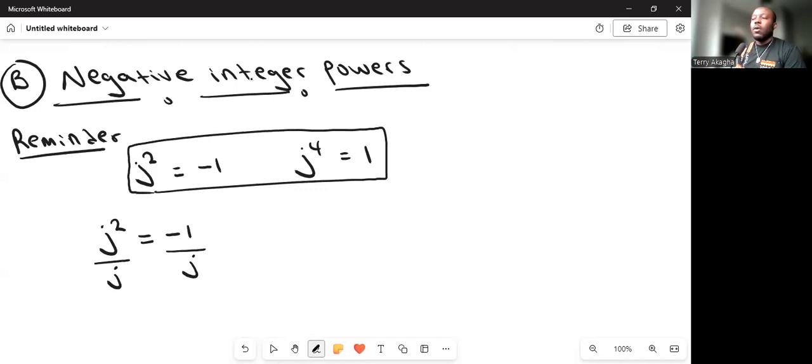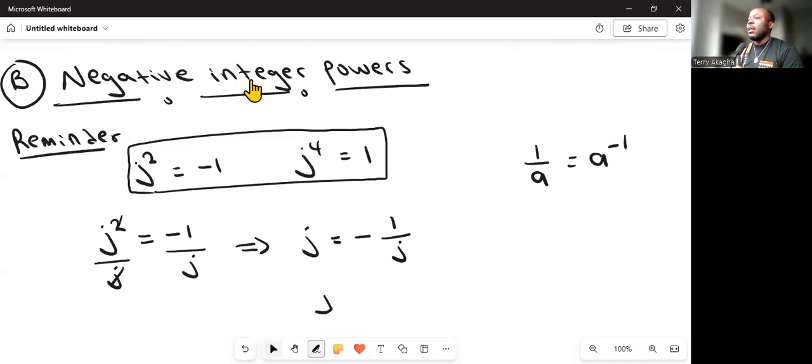So when you divide both sides by J, this J is going to cancel this, so you're going to have J equal to -1 over J. Now, remember the laws of indices? I told you that 1 over A is the same thing as A raised to the power -1. Are you seeing it? So that means 1 over J is going to be the same thing as